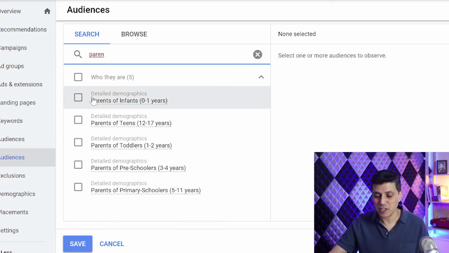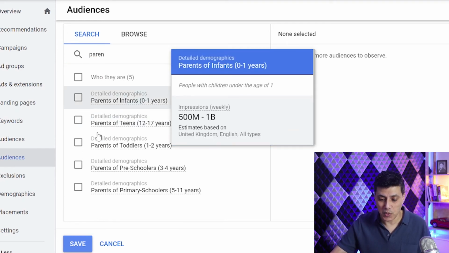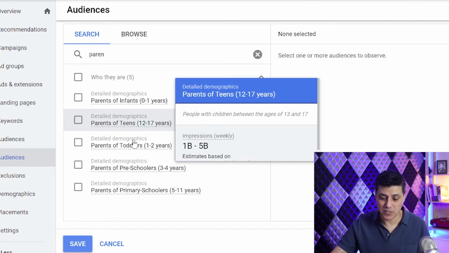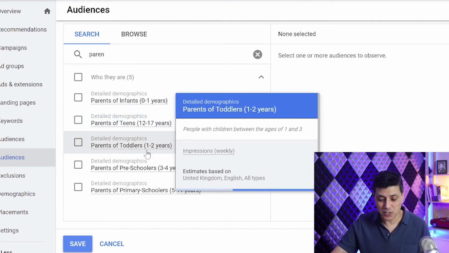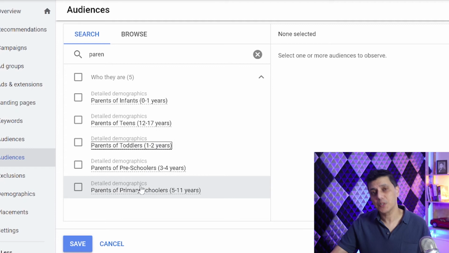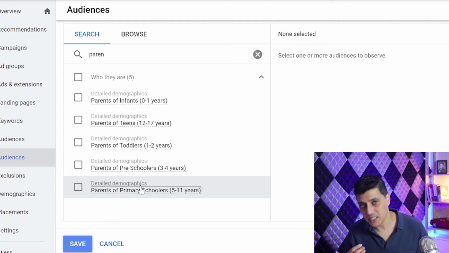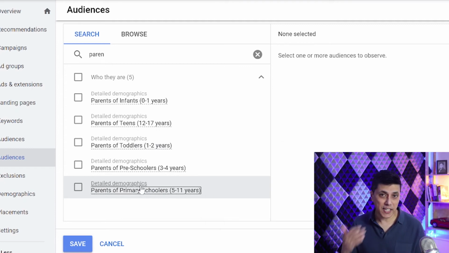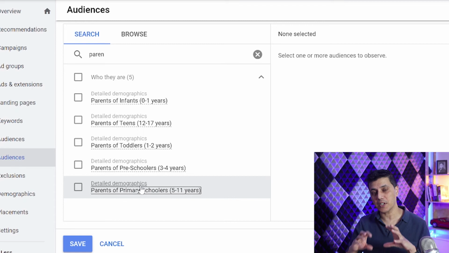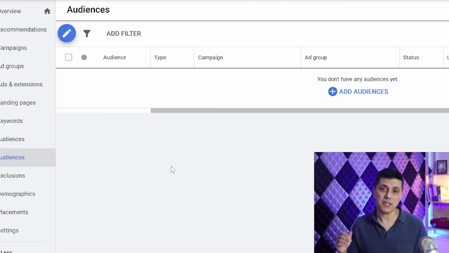And here you see parents with infants 0 to 1, parents of teenagers 12 to 17, parents of toddlers 1 to 2 years old. So there may be some services, like educational services, for example, or home tutoring or whatever, and you might like to target the parents because you ultimately want their children to enroll onto your educational program. This is how you can define your audiences as well as apply your audiences to your existing campaigns,